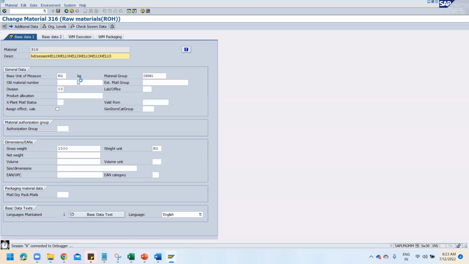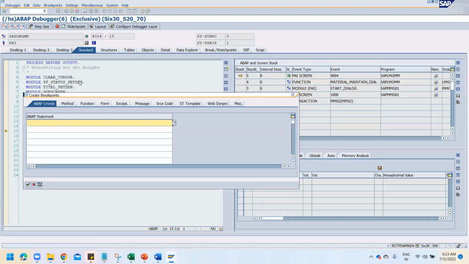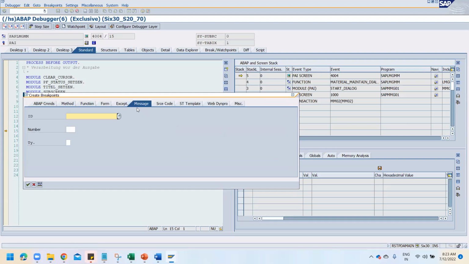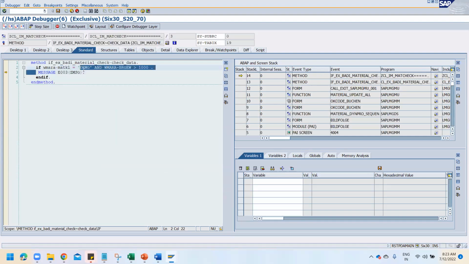Click on this save button and now press F9, and then you have to go once again to this message, paste it over there, and the last three characters, remember, this is going to be your message number. Cut from there, remaining is going to be your message ID. Give it over here, press enter, and now press F8, and you can see that it got stopped